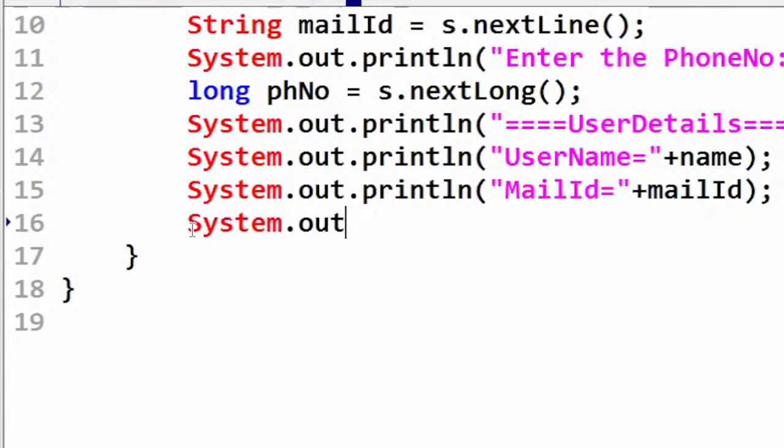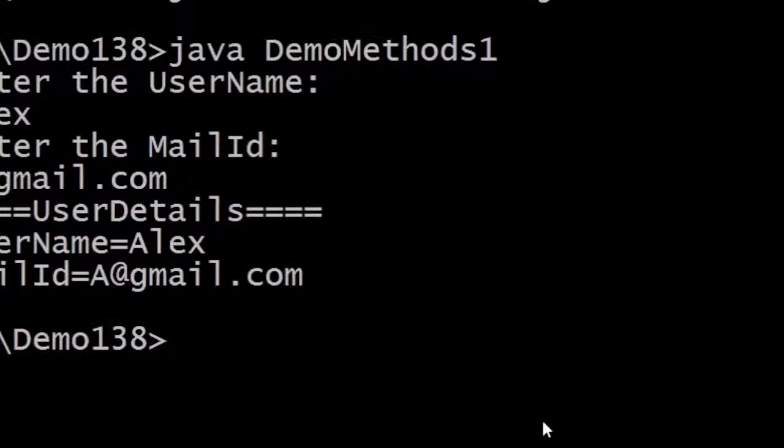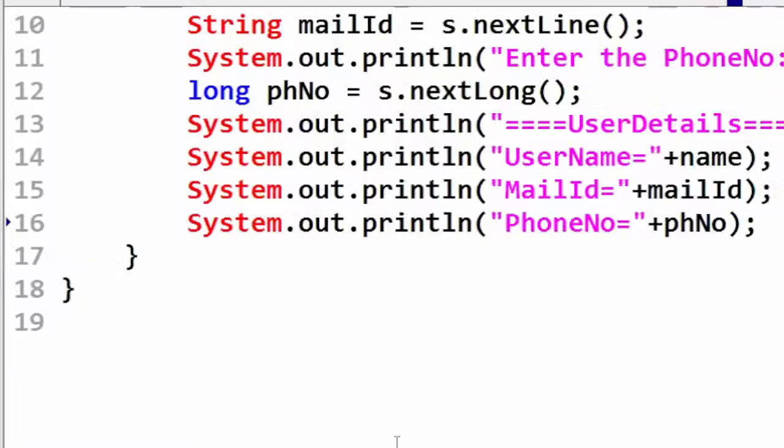Now System.out.println, here phone number. I am printing phNumber. Right. So let me run it now. Compile the program once. Recompile the program